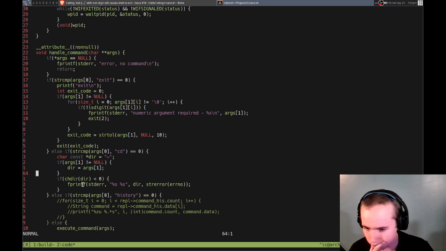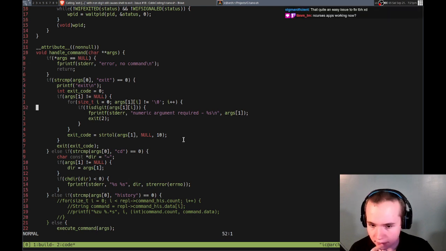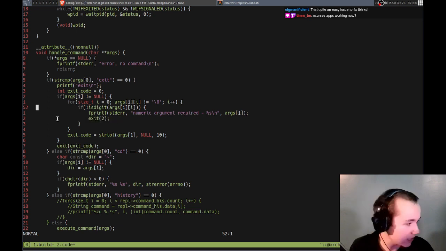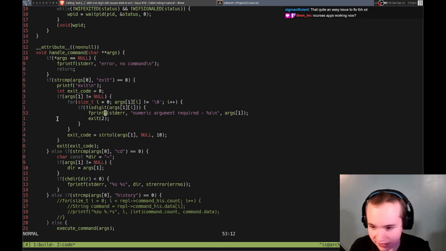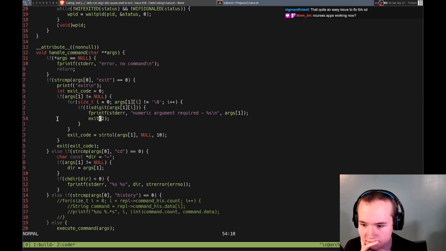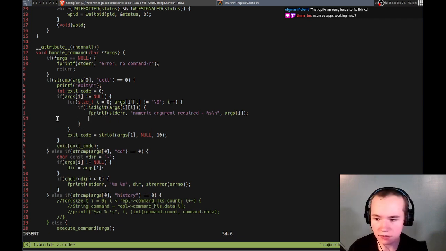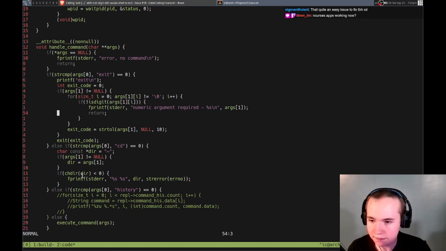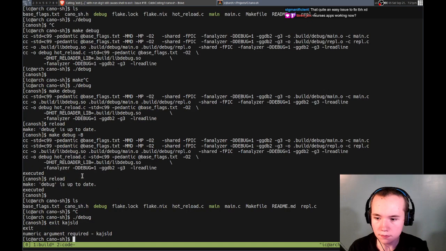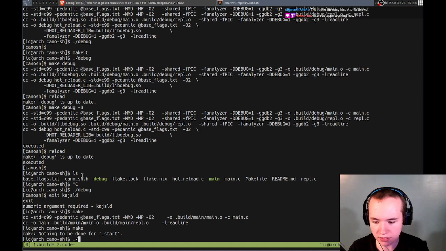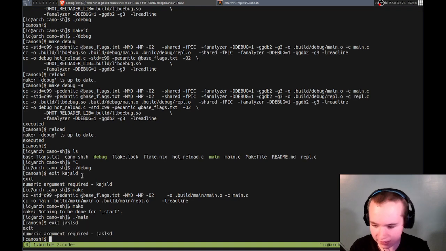Let's see, where's the exit? So exit here. If it is not a digit, it still calls exit. We don't want to do that. It's quite an easy issue. We just need to not exit, so we can just return, I think. It doesn't return anything, so I think that's it. Let me try that. I guess I could have used the debug reloading for it. So let's exit that, and it does not exit. That still exits on there, but